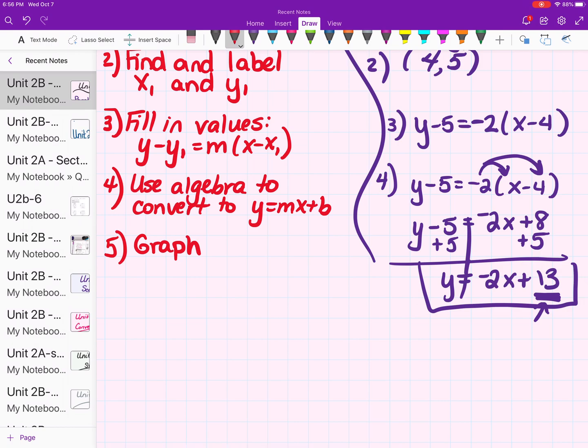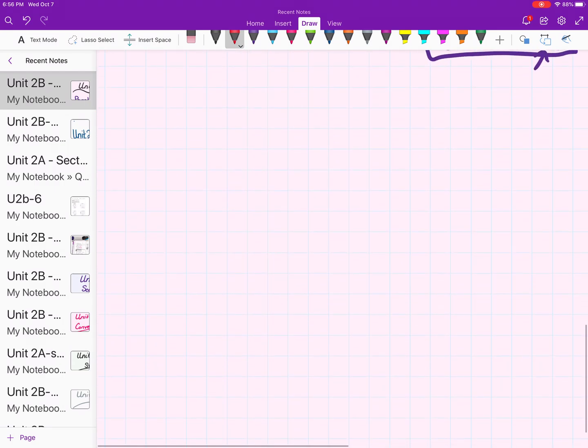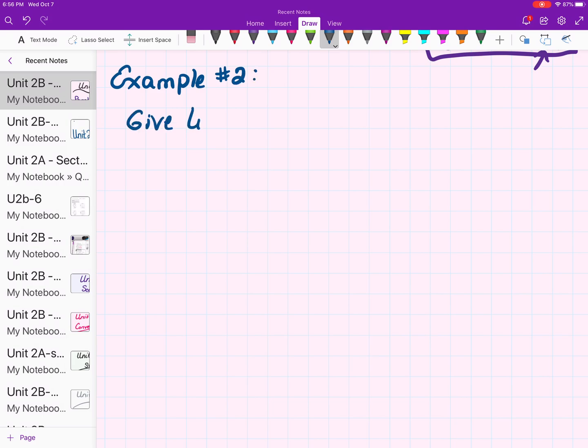Example number 2, I'm not going to do all the steps. I'm just going to, well, I'm going to do the steps. I'm going to talk you through it a little bit faster, okay? So again, example 2, I'm given the line y equals 2x plus 12. Write the equation of a parallel line